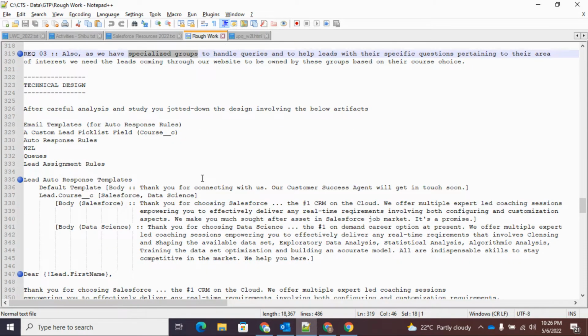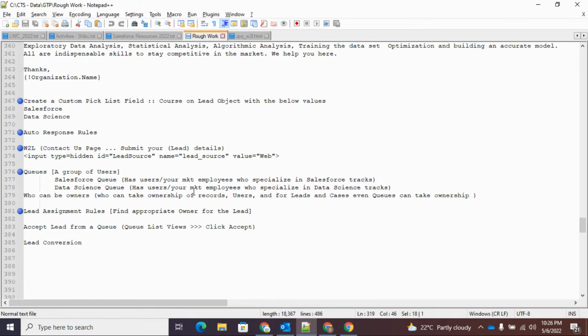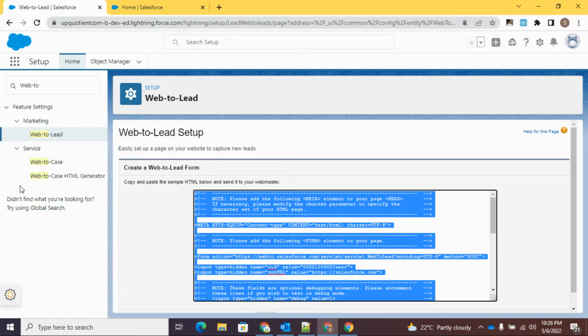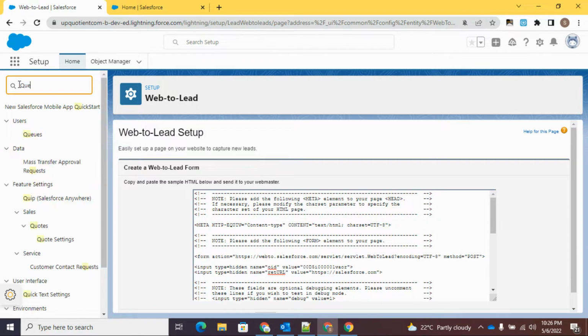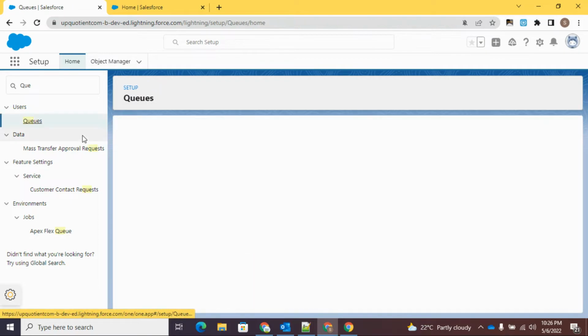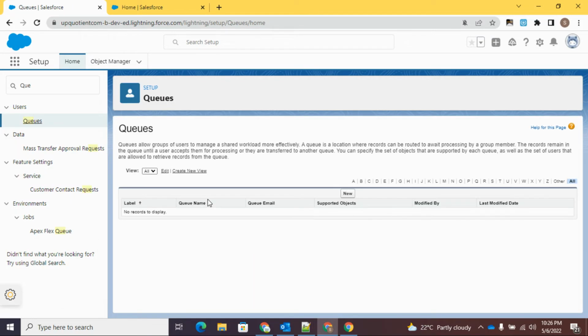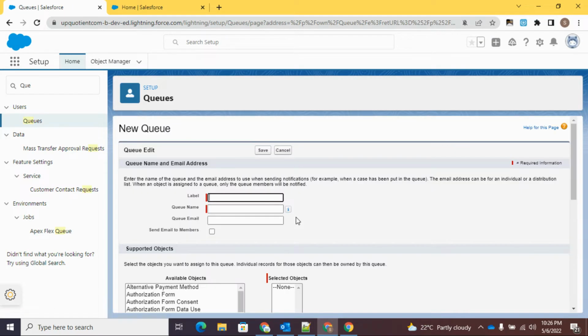So let's create the queue first. A couple of queues, one for Salesforce and another for data science. All you have to do is go ahead and search for queues, create both these queues. It's a group of users. Okay, simple. Let's say Salesforce queue,